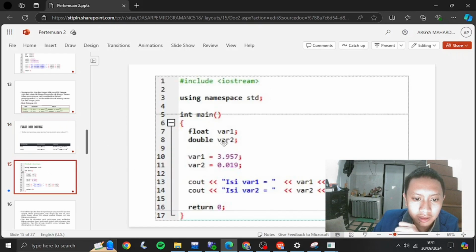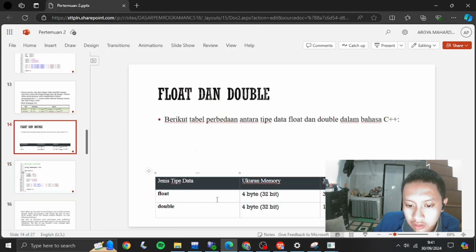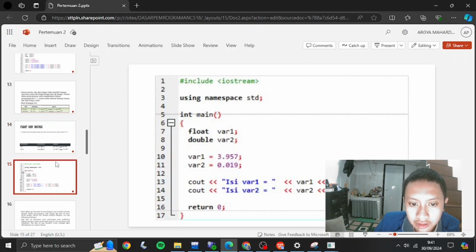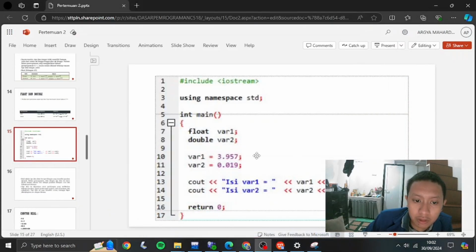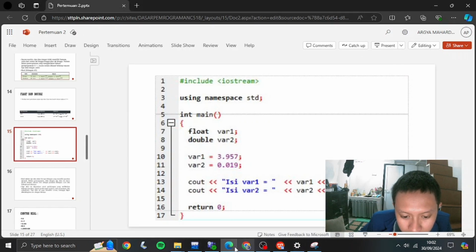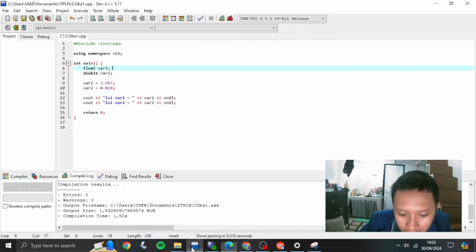The float and the double are not so different from the previous ones. It gives you 4 bytes and it gives you numbering too, but in this example it gives you a unique number, a decimal. And going back to the float and double again, I will give you a straight result. I already gave this one a try.